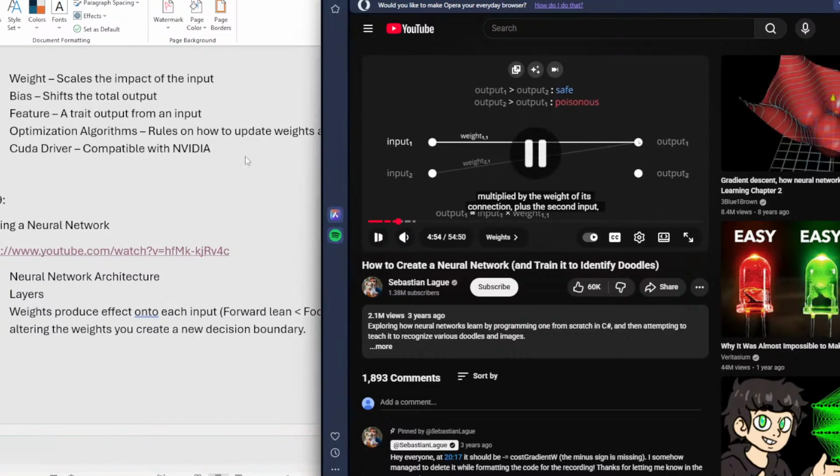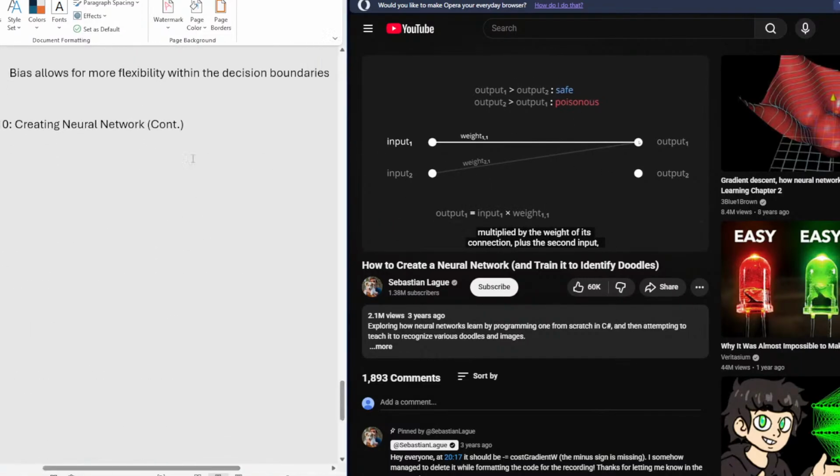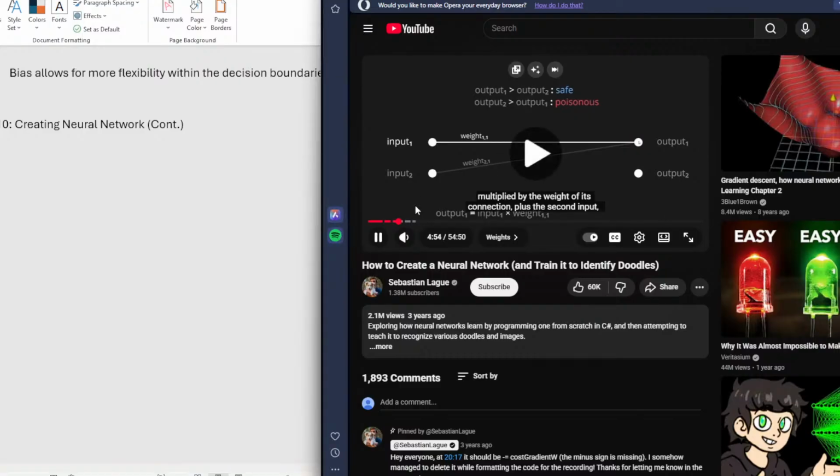So, let's keep going down this path, plus the second input multiplied by the weight of its connection. And it'll be the same story for the